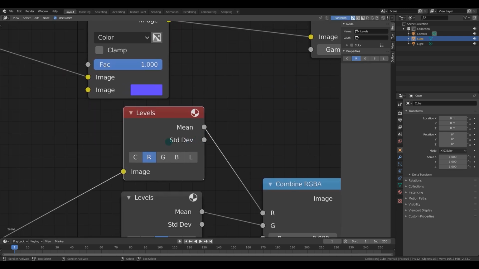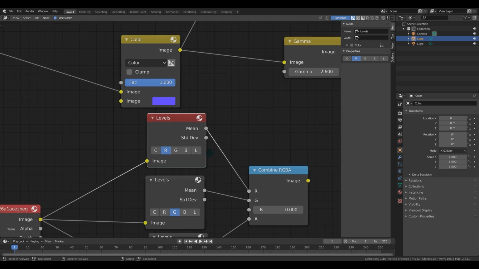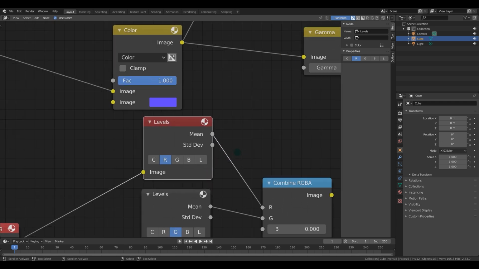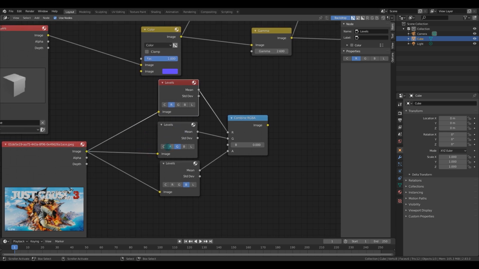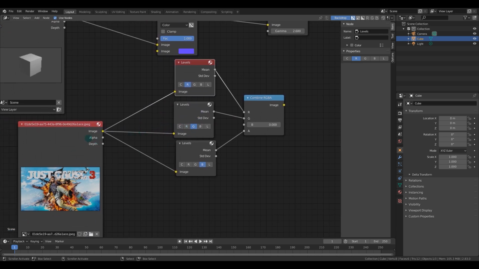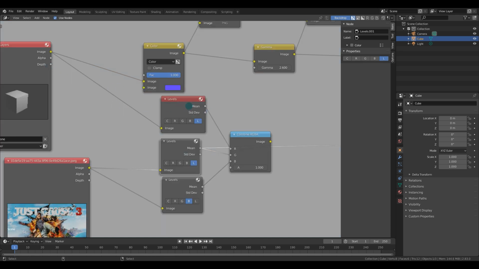The levels node reads the individual color channels of its input and outputs resulting values such as the mean or average or the standard deviation. I'll let you read up on that one if you want to. Now, there are tons of channel editing nodes available, but one unique effect that I did find is that if you separate all of the channels of an image and then combine them as RGBA with this node, you can find the average color of an image. I don't know when you use that, but it's pretty cool. You can also plug an image into the luminance level and you'll be able to see overall how light or dark an image is. That might be a little more useful.